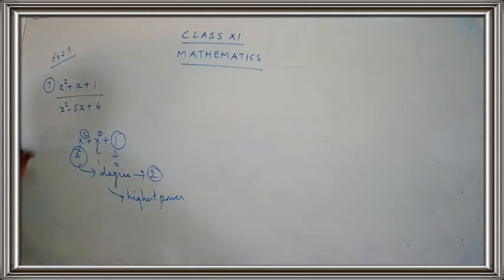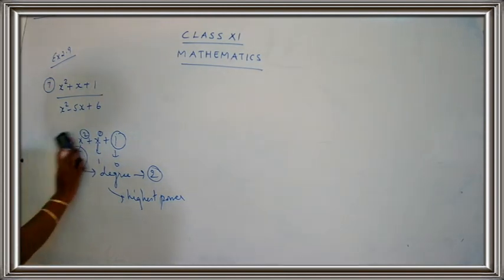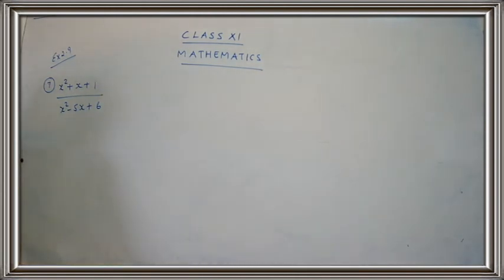Okay children, similarly just come to the denominator part. Here again you have the power 2, the power 1, and the power 0. Which is the highest power over here? The highest power is 2. That means the degree is 2. So in this case, the observation is that the degree of the numerator and the degree of the denominator are the same. So if the degree of numerator and degree of denominator are the same, you are going to divide the numerator by the denominator. Let's continue with the sum children. I hope you are ready with the question. Shall we proceed? Come on, write down.